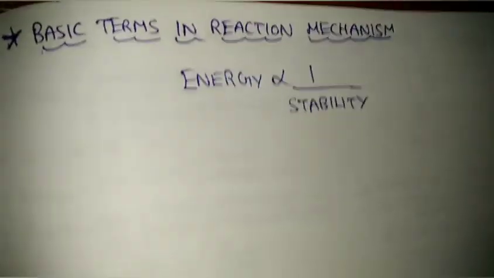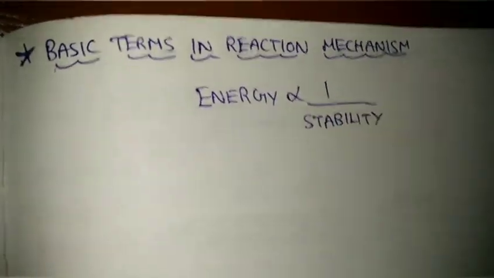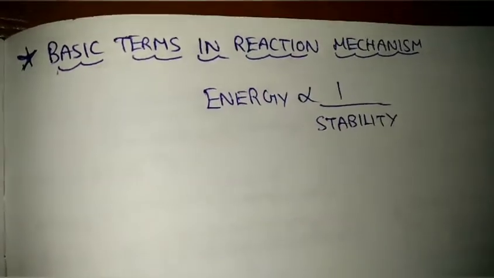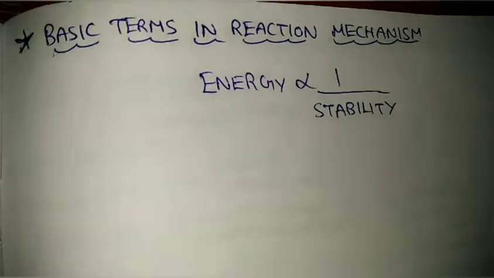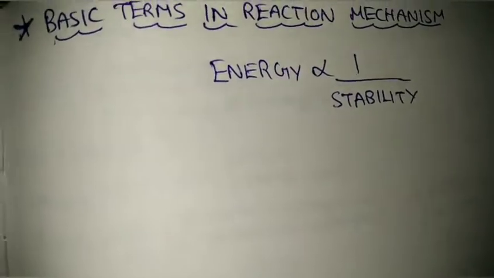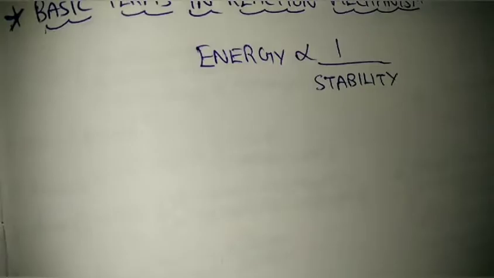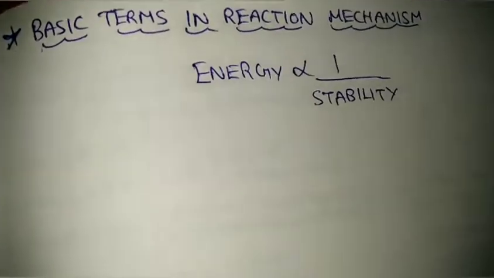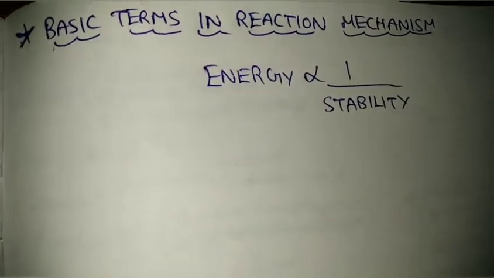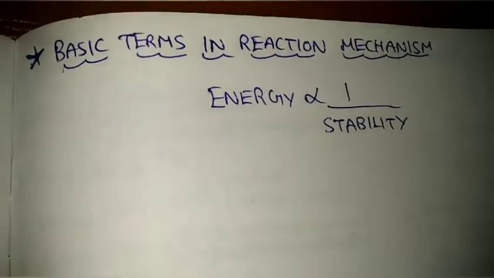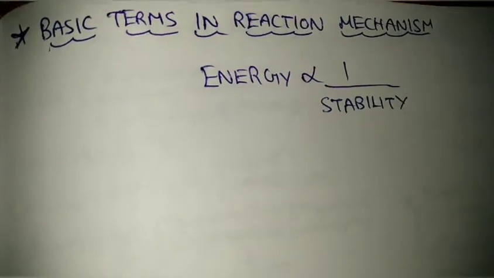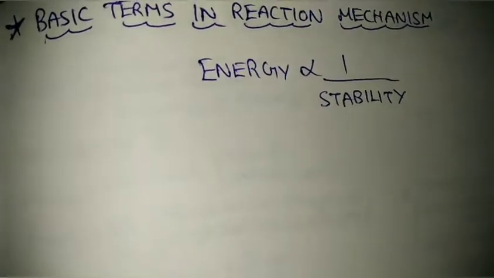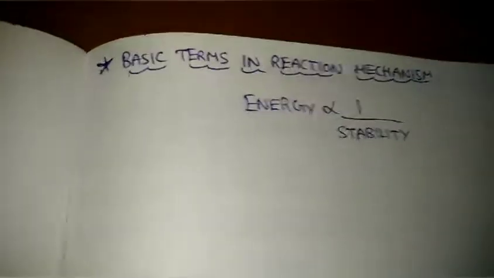You can consider humans. Humans also do the same, right? If you have a lot of energy, for example, you wake up fresh in the morning and you will have a lot of energy. You will not be idle. You have to go jogging, or you will read in the morning time. Like that, the molecules also behave in the same way. So if the energy content of the system is very high, the stability of the system decreases actually. Stability energy, in a sense, you can consider net energy, or neglecting the kinetic energy, you can consider only potential energy also. So basically this energy is inversely proportional to stability.